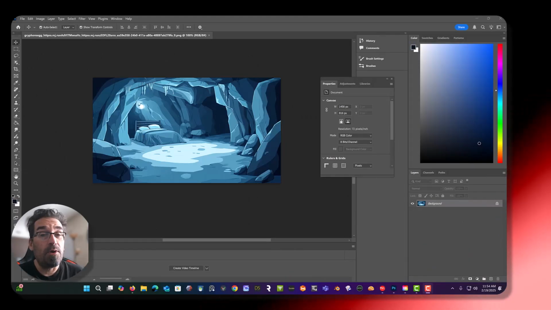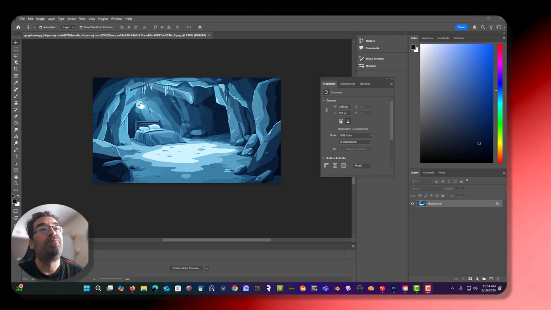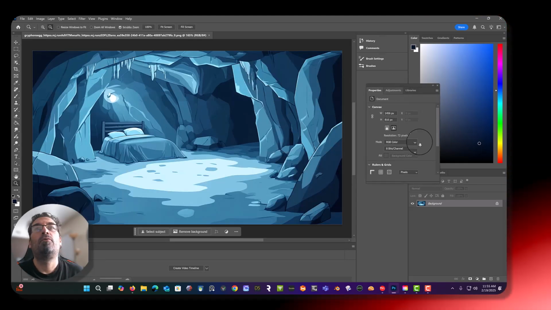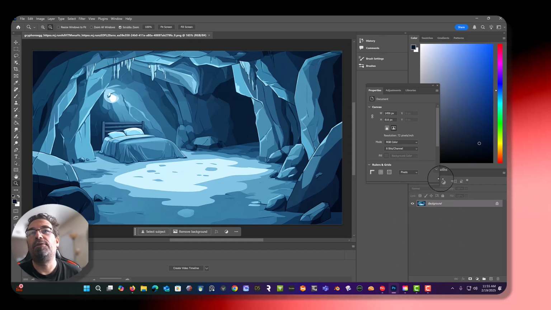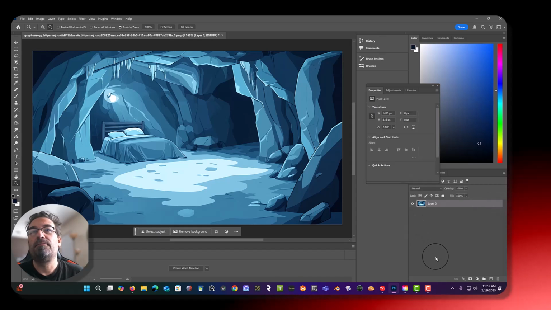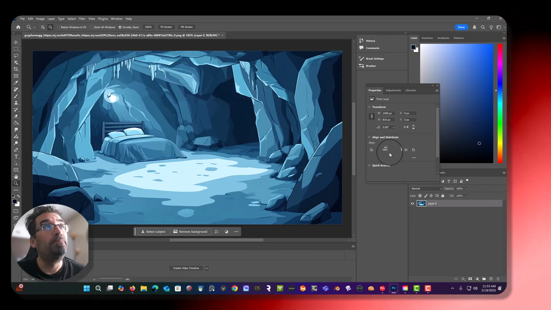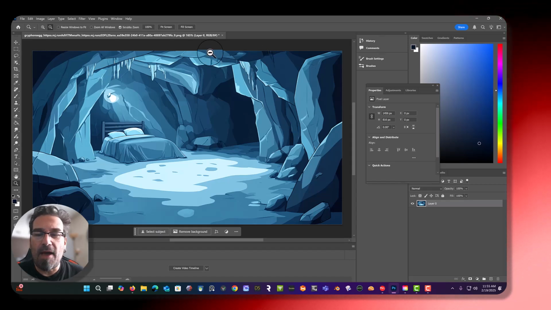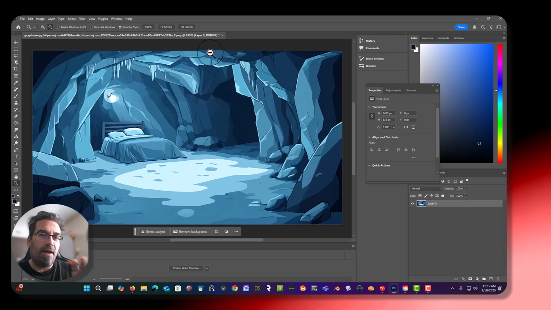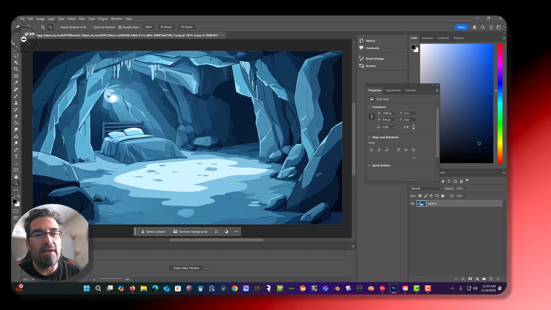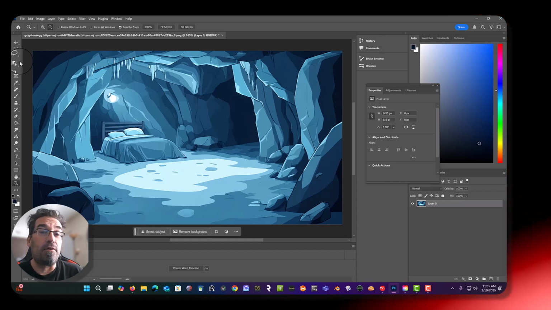All right, so here we are in Photoshop. Now what I've done is just brought the image in as it is. What I'm worried about primarily is my layers here in the bottom right corner. Right now we're on the background and that layer is locked. I'm going to unlock this. Now with a little help, we're going to cut this apart and make a new background that actually has depth and parallax to it. Then we'll bring that all over into Moho and get moving on this thing for our first shot of the